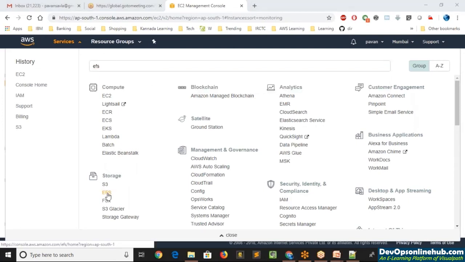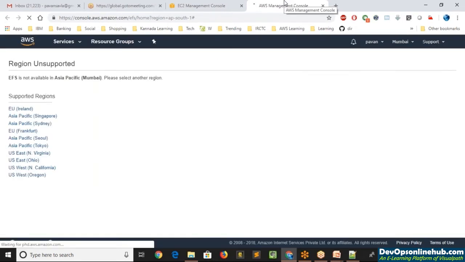If I try to open it up in a new tab, currently Mumbai doesn't have good support for this EFS.